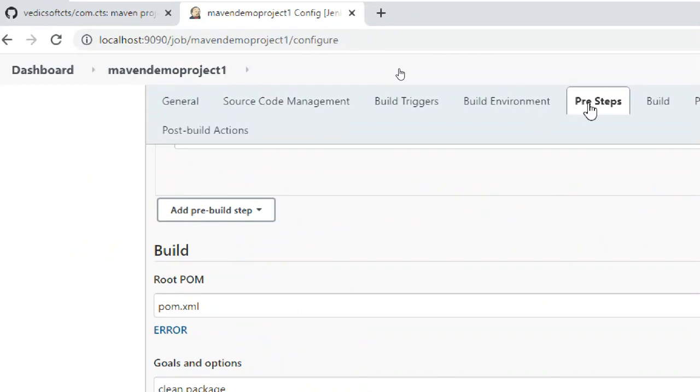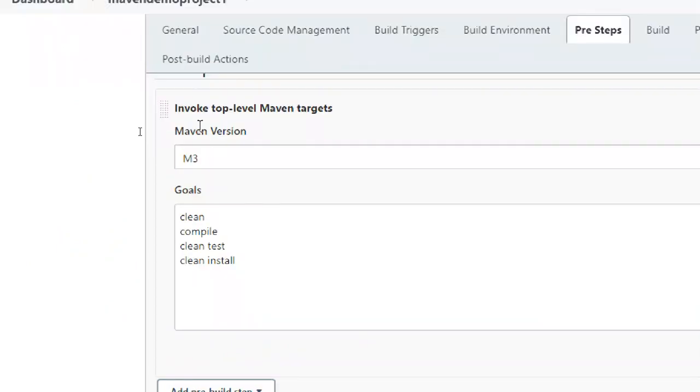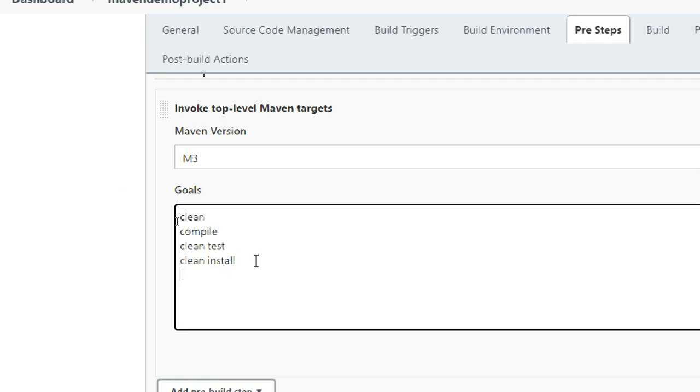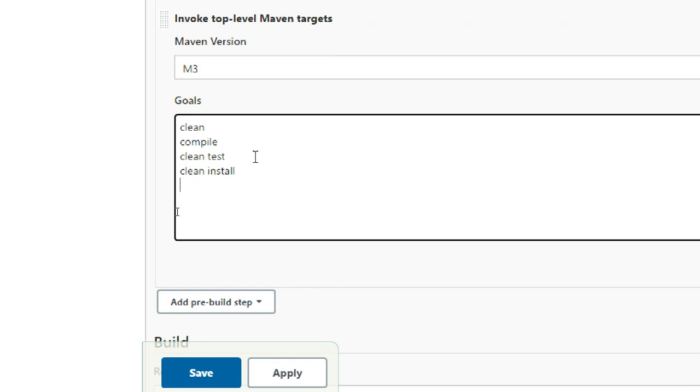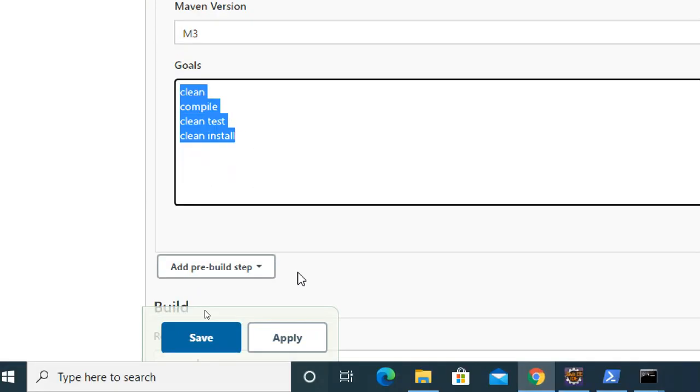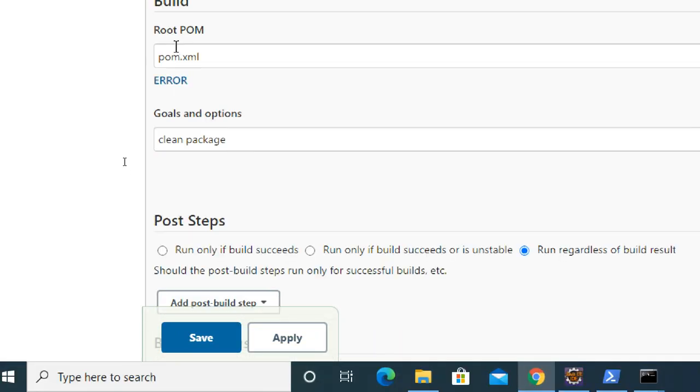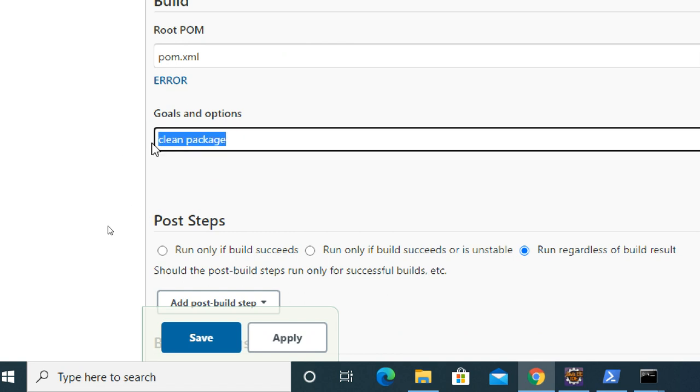Guys, again I go to the pre steps. In the pre steps, I said invoke top level Maven targets. Then I select my Maven version, and I already gave it internally. It is taking time to show again. So I gave some Maven commands, goals, and in the build also I gave one goal.